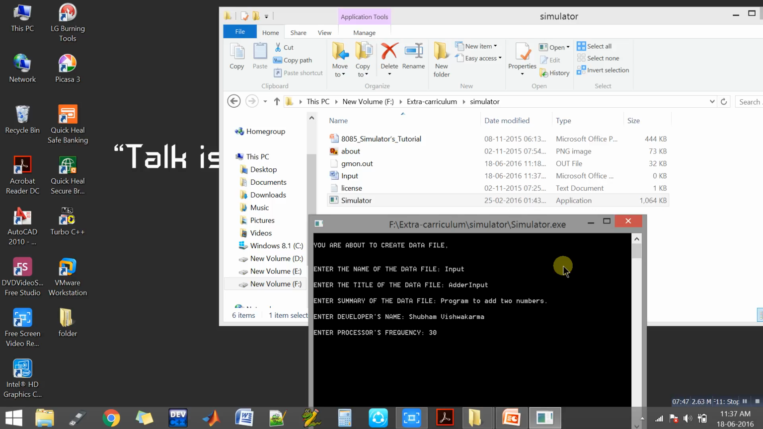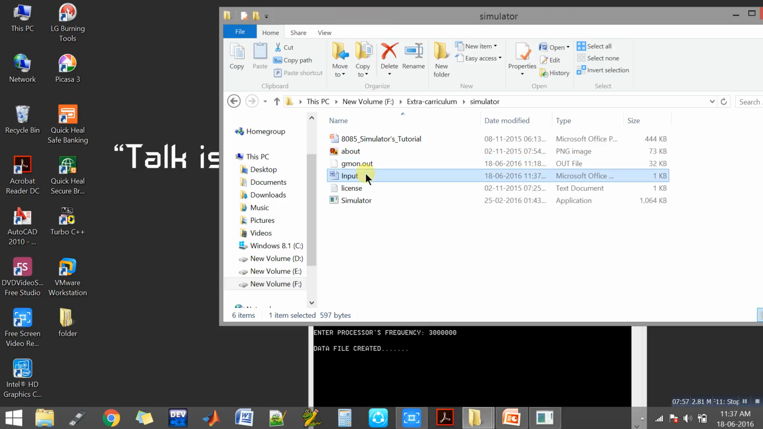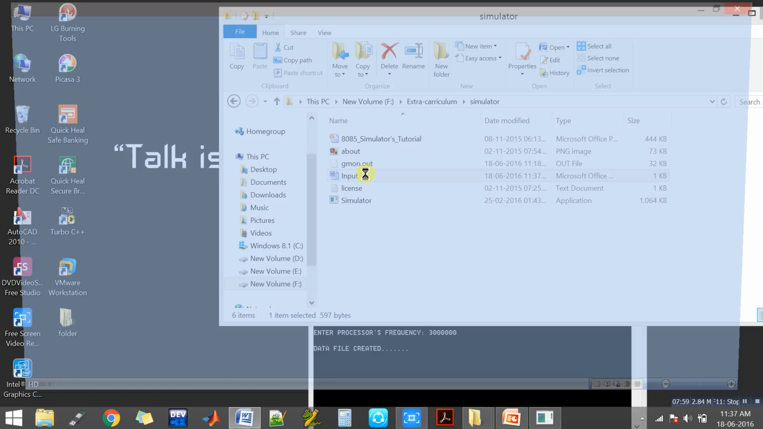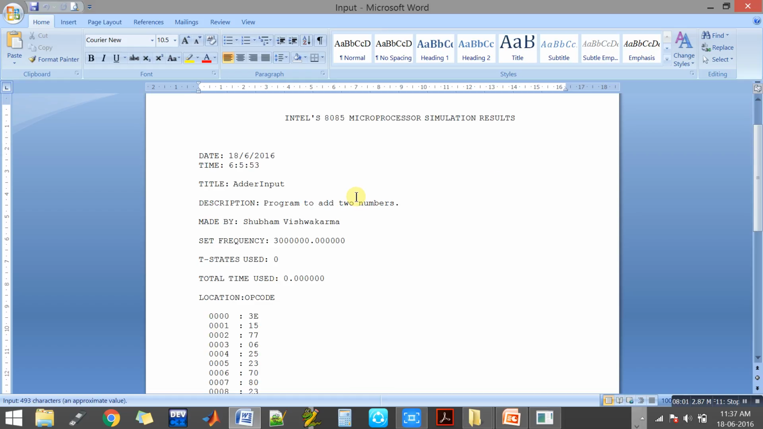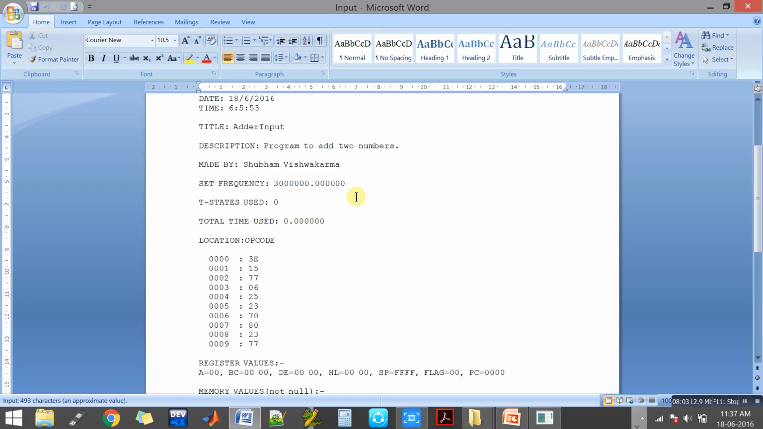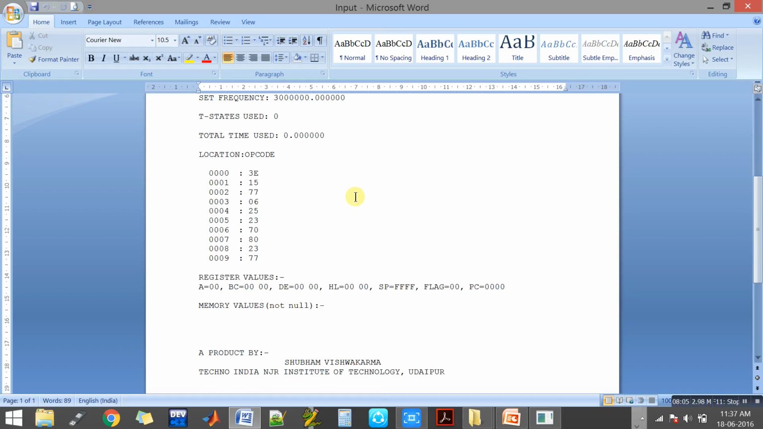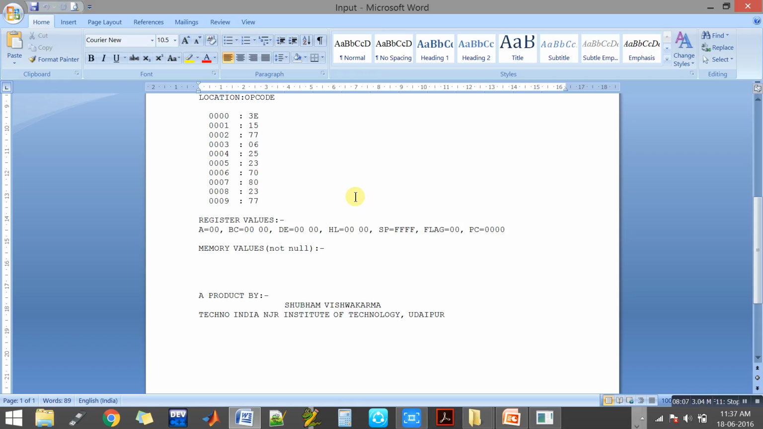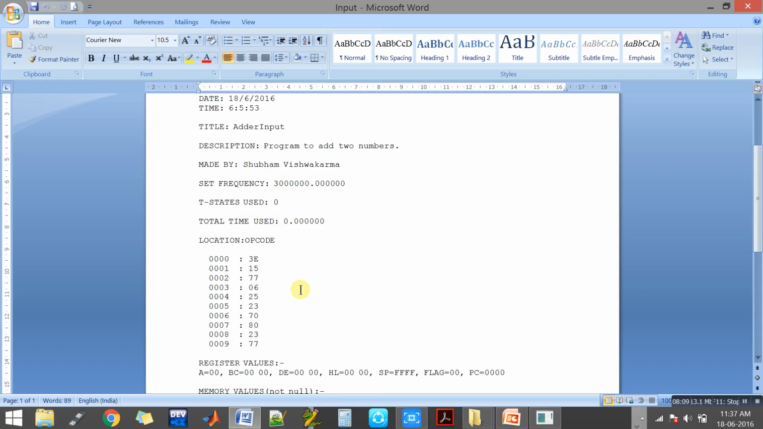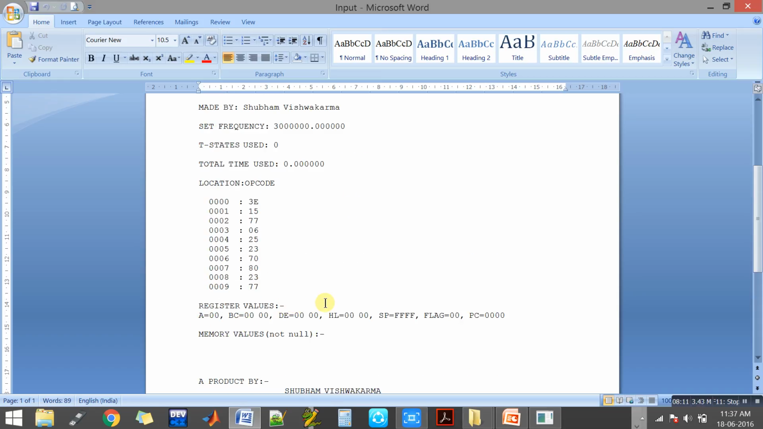Opening it, you will see that no changes are encountered in the data file since you have not run the simulator. So all values are 0, and this is the instruction that you will be putting into your simulator and will be running. Closing this file, going back to the simulator,